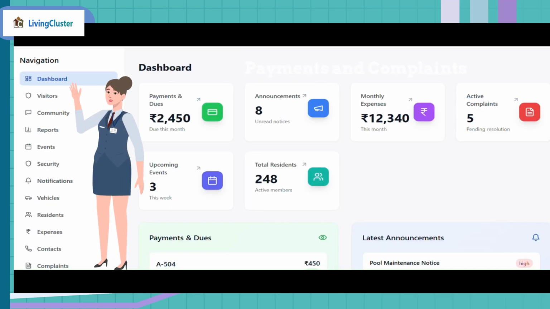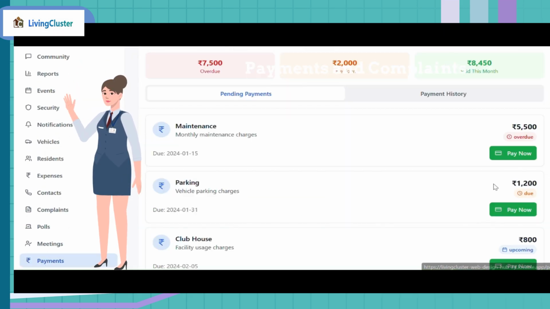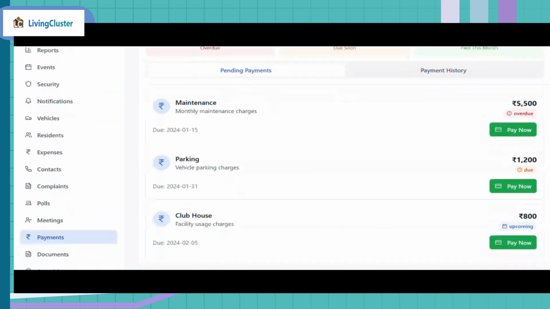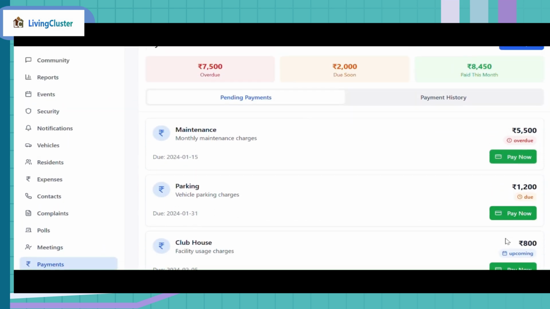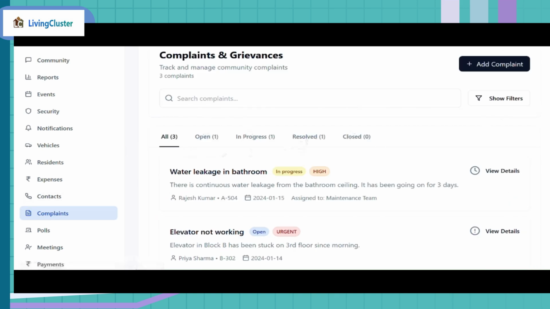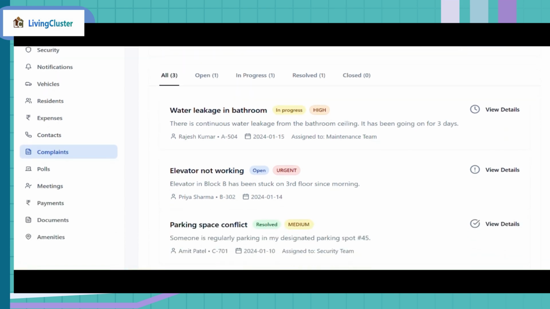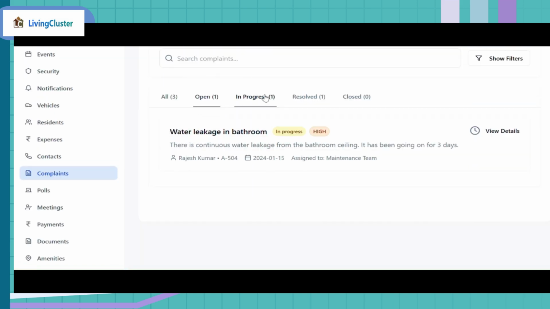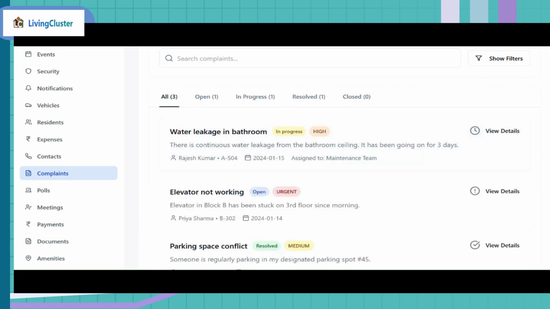This is the dashboard. Left hand side, all features are listed. You can review the payments and track. You can log a complaint and track the status.